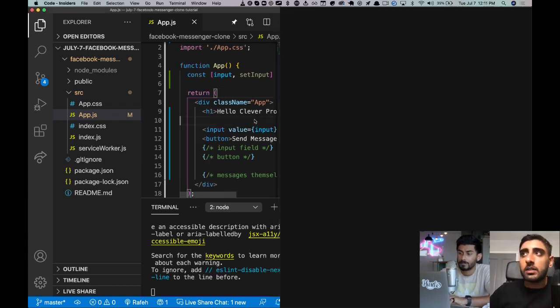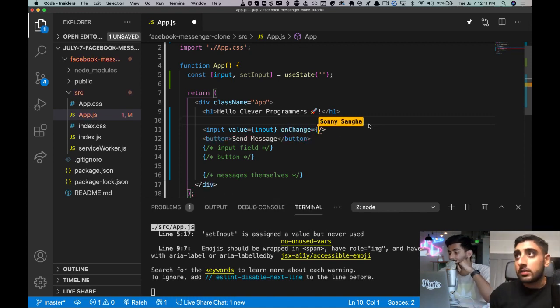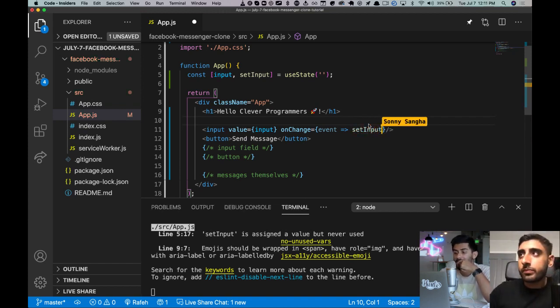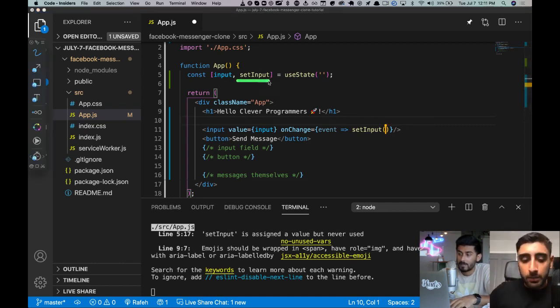So now what we need to do is update the state as we type. So we use something called onChange, and onChange is going to fire off something called an event. Here we're using ES6 syntax, and we're saying when the event gets fired off, so when you start typing on the keyboard, we're going to say set the input. So we're going to update the input, and you have to use this method whenever you want to change the input. That's React's clever way of telling it when and how to re-render. And what we do here is we say